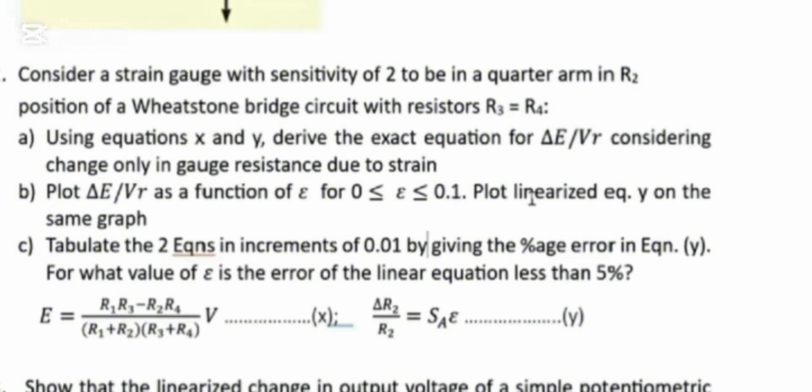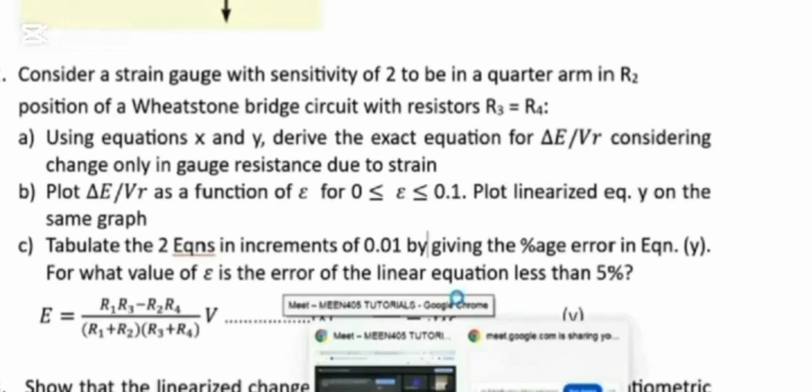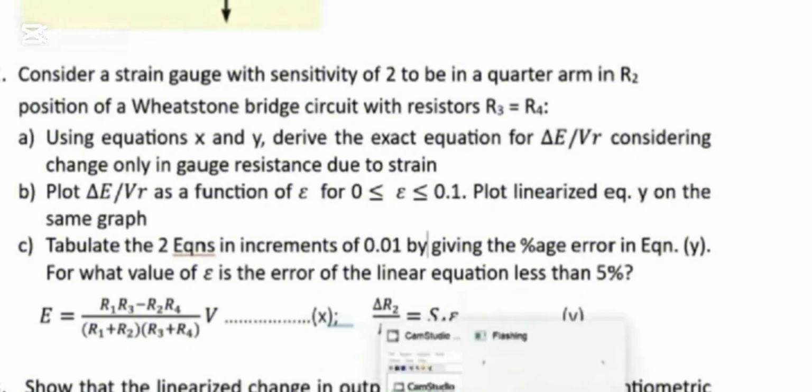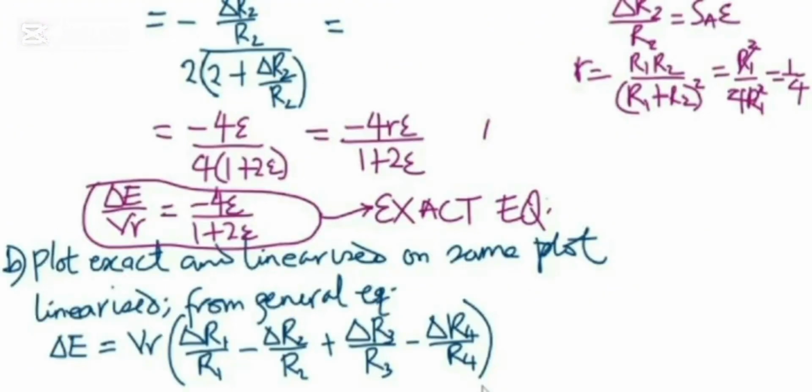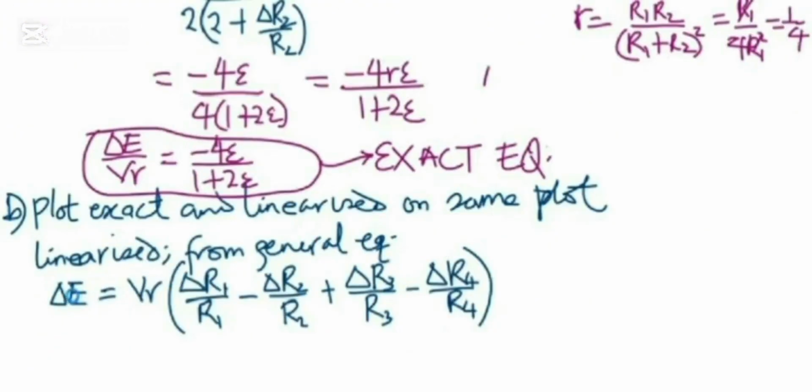Also here we are asked to plot the linearized equation. So since we have found the exact, let's determine the linearized equation so that we can plot them side by side, and then we can see the difference. So for this, the linearized equation, already we know this is the linearized equation for the Wheatstone Bridge, where here we have all the arms have an active